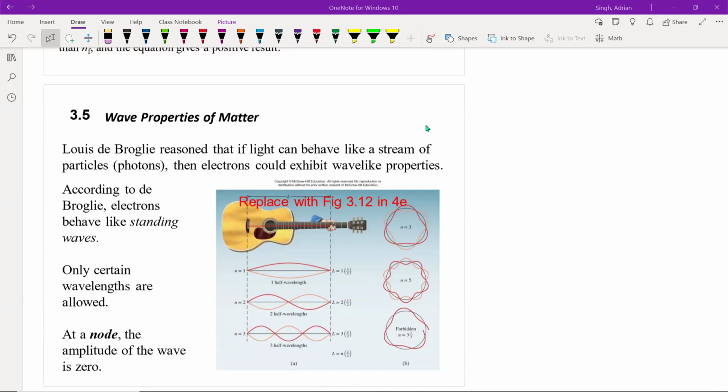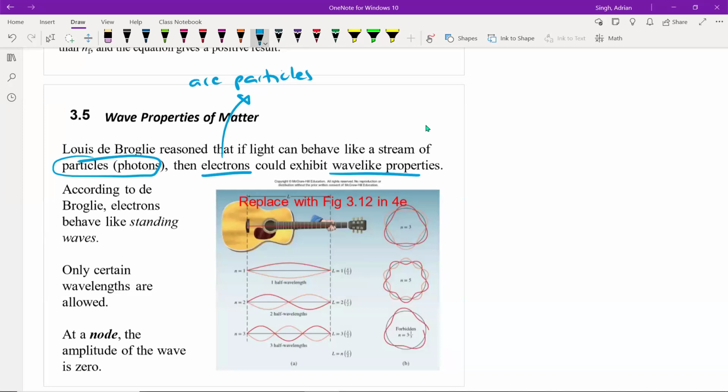Now, what Louis de Broglie reasoned later on was that if light, which we know as a wave, can behave like a stream of particles, which Einstein said were photons, then electrons, which we know are particles, subatomic particles, maybe these could also exhibit wave-like properties. Now, again, thinking about the wave-particle duality of light, it made sense that he suggested that electrons could also